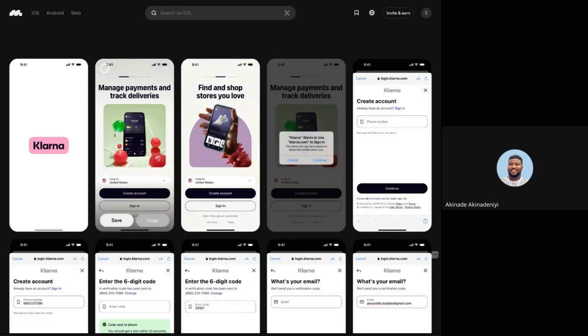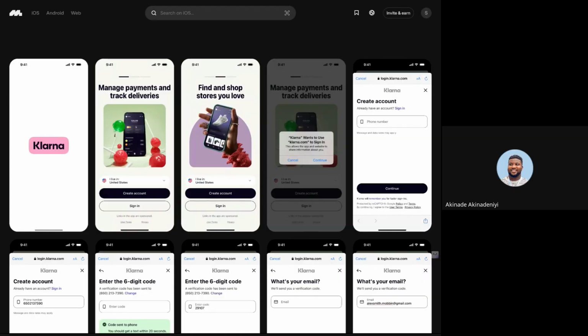They want to create that first impression in the onboarding process. So they are telling you that, oh, manage your payments and track your deliveries, find and shop stores you love. So you already know what's going on. So now you know that you can manage payments, you can track your deliveries, and you can find and shop stores that you love. I mean, that's the idea. And then the rest of the onboarding, you begin your registration.